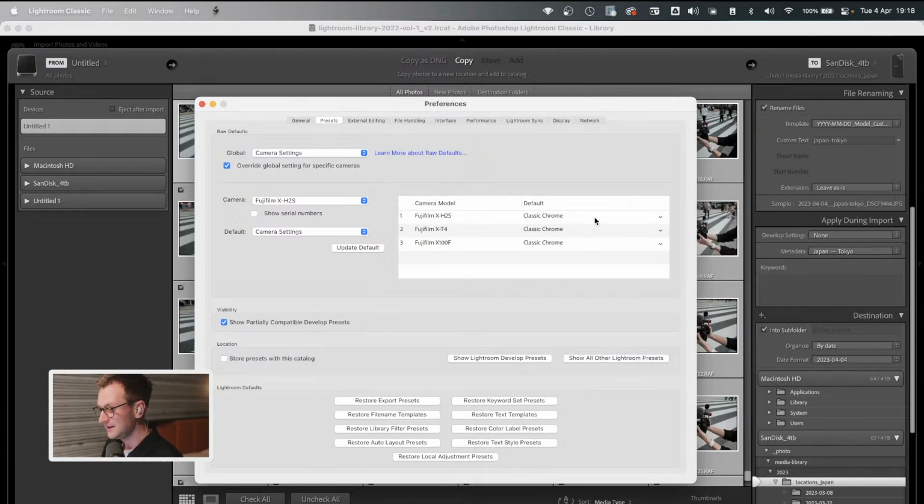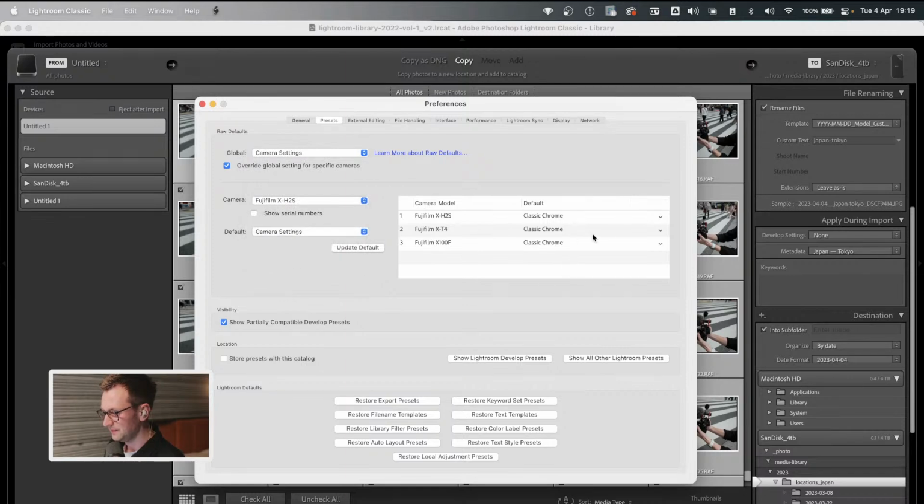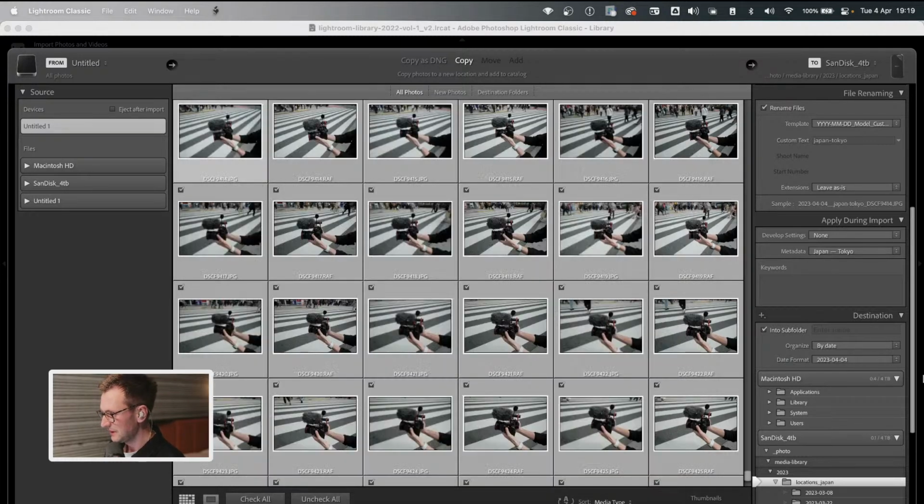You could apply an edit preset, and so every image from that specific camera has that edit preset applied. In my case, I just use the film simulation. That gives me a good base to work with, and I can change it for any of my other cameras, and you can see how you want them to be applied. And likewise, you can just update them and delete them as you want. So you can see that my current Fujifilm cameras that I've got in circulation, in fact I actually sold my X-T4, so just these two cameras, they will apply Classic Chrome. So jumping back to our import window,